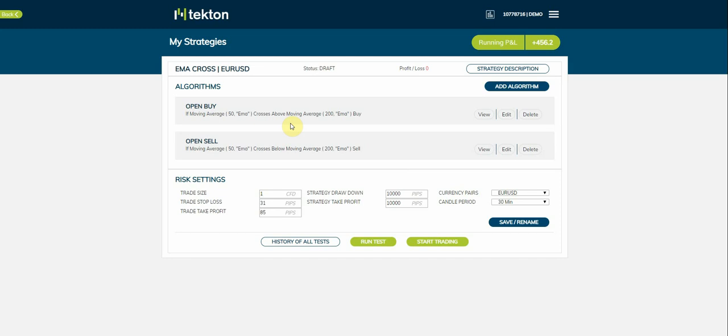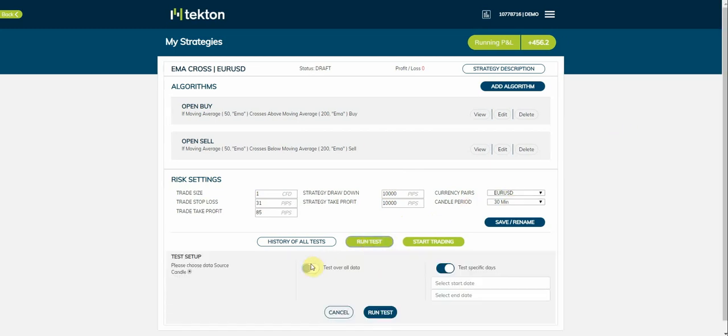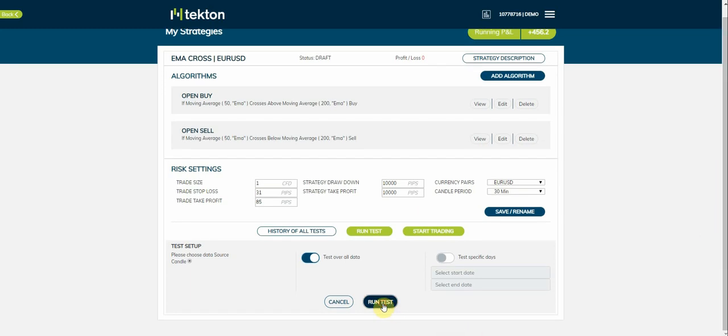So I've got a simple strategy I've created. It's got a 31 pip stop, 85 pip target. I put 1,000 pips as the take profit and drawdown on the whole thing. It's on EUR/USD on a 30-minute chart. I'm going to run the test. I'm going to test over all data. So I'm going to scroll down here, click run test, and then what you can see is as the test is taking place,